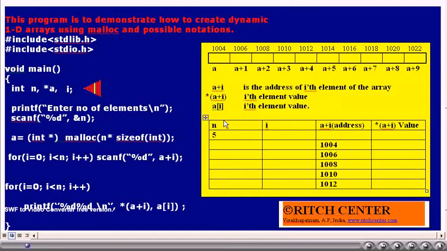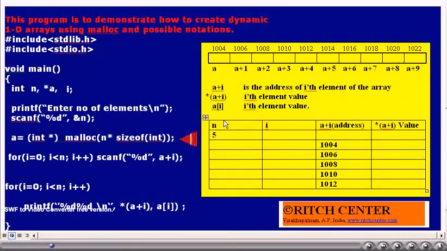Integer variables i and n and a pointer variable a are declared. The number of elements required for the integer array is read into the variable n. Let us assume that the n value is 10, that the user has entered 10.